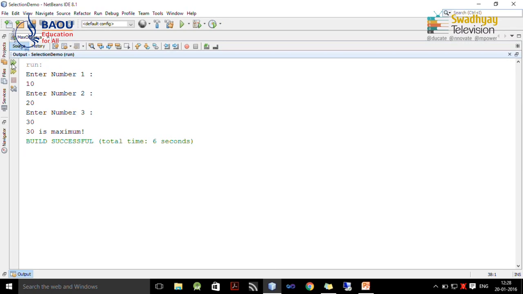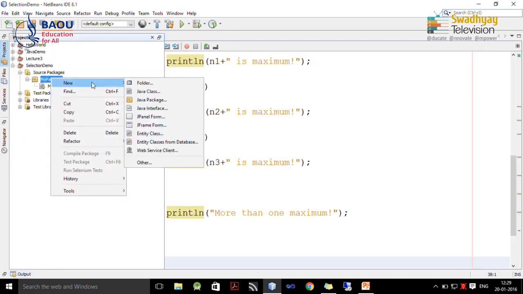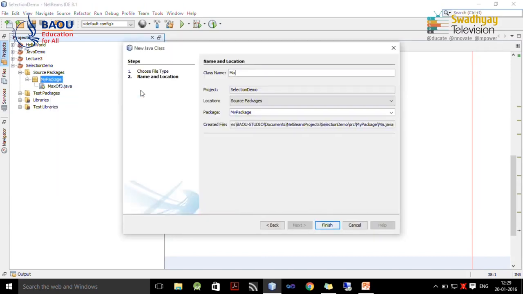The second program we want to write down is to print the mark sheet of a student by entering marks in 3 subjects. So, again we add one class. So, go to project, select package, right click, new and then Java class. Now, I am going to give the class name as MarkSheet because we want to print a mark sheet. You have to use an appropriate name. So, I just press finish, it will be placed inside my package only.